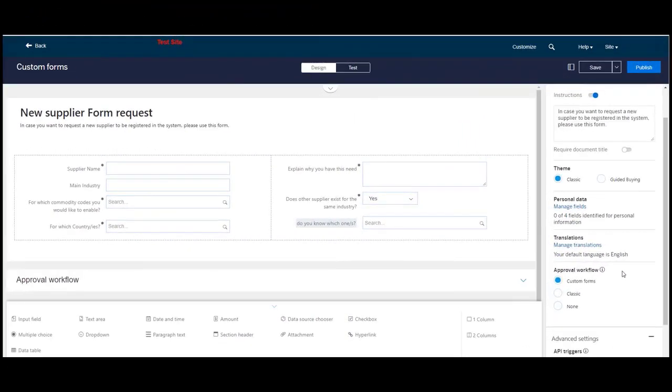When you are on a form itself, you can see on the right an approval workflow section. So now you can choose which approval flow you want to apply to your form documents. Default is custom forms, but you can choose classic approval flow in order to configure approval rules in your SAP Ariba procurement solutions. If the None option is selected, no approval is necessary for submitted form documents. When you click on Classic,